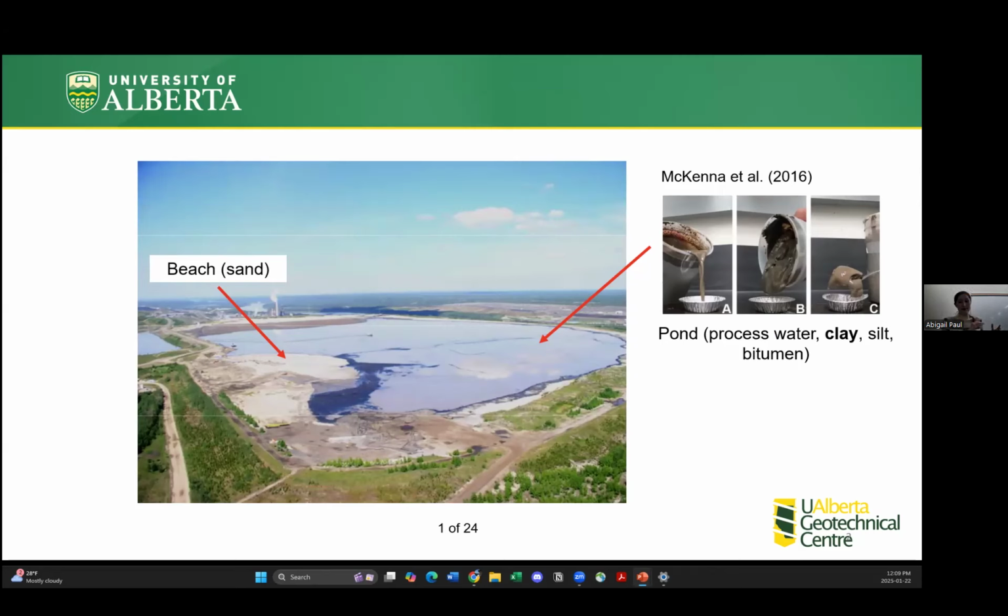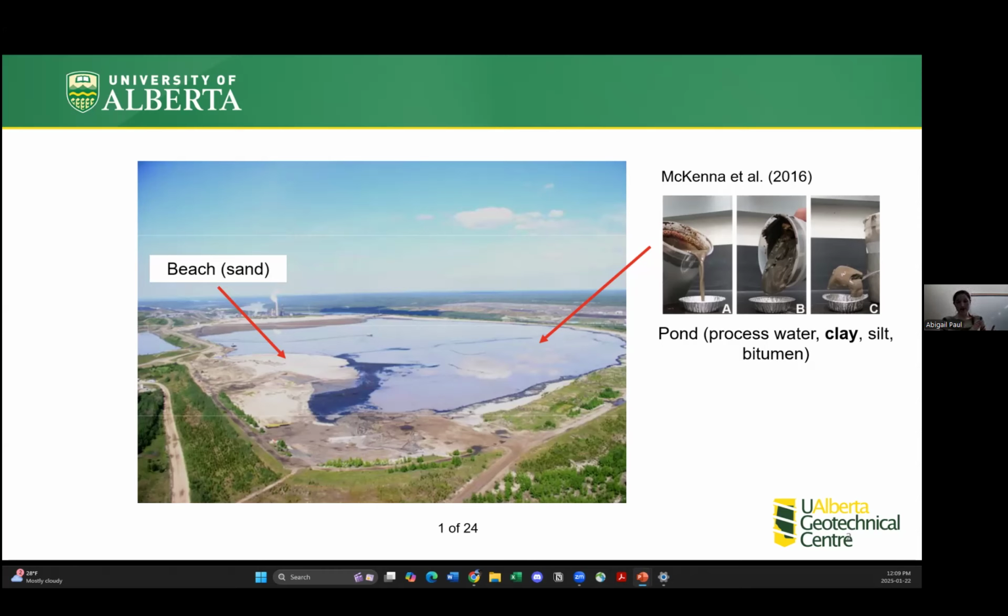So these tailings are initially very fluid, and they're transported by pipeline to these really large storage facilities you see here. Upon deposition, the sand particles settle out to form a beach around the perimeter, and then the water and the smaller clay and silt particles flow to the center to form a pond. And this pond is a very large volume of this slurry material where the behavior is really dominated by the